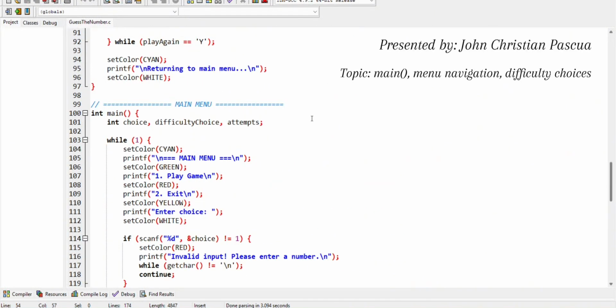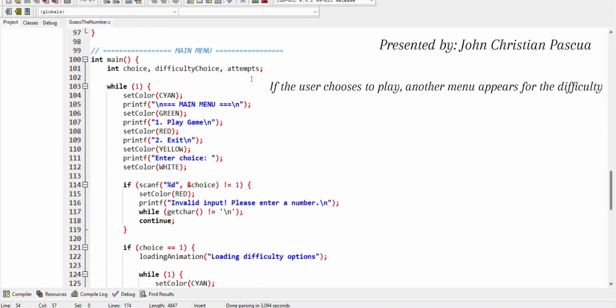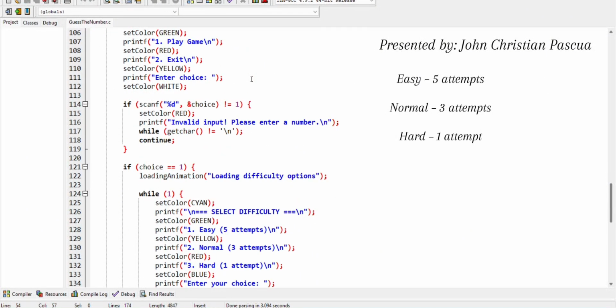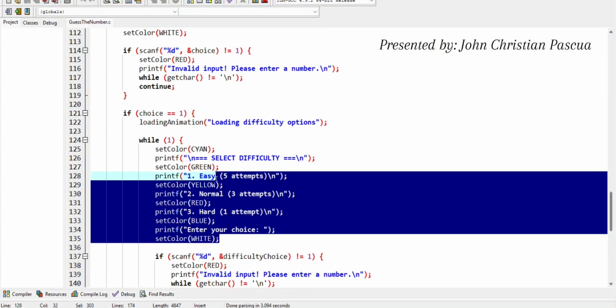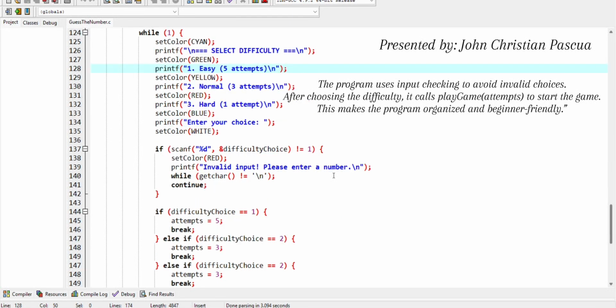I will explain the main menu system of the program. The menu has two options, play game and exit. If the user chooses to play, another menu appears for the difficulty. For easy, we have 5 attempts, normal is 3 attempts, and hard is 1 attempt. The program uses input checking to avoid invalid choices.